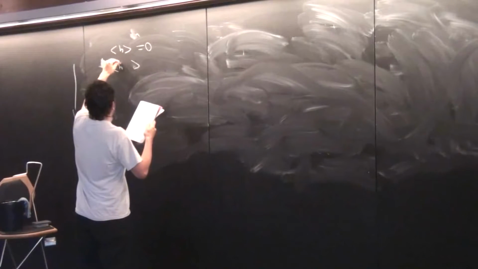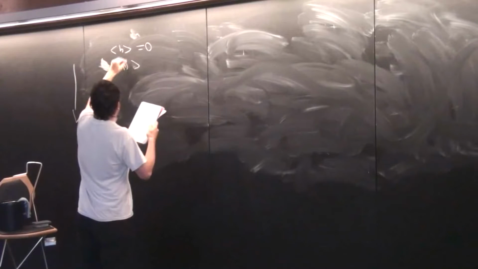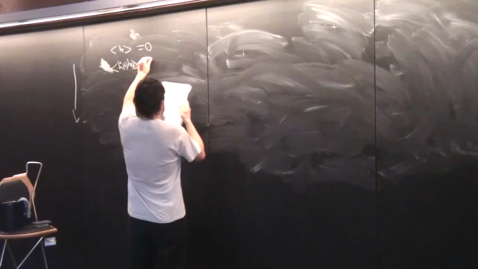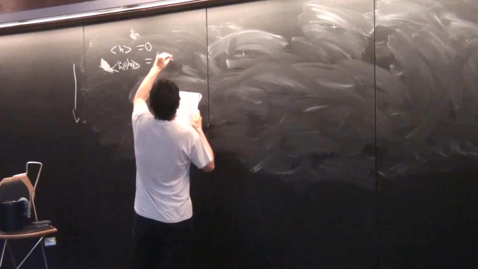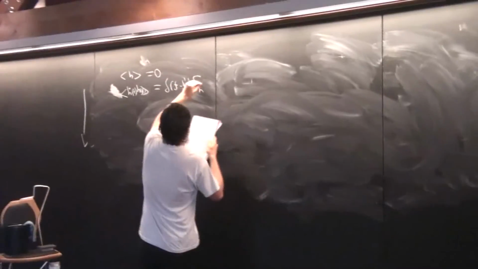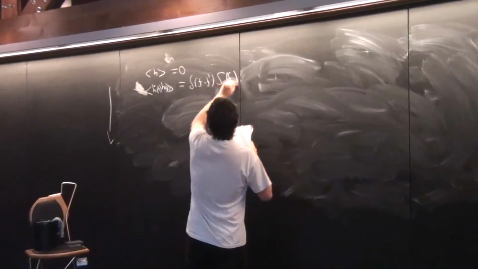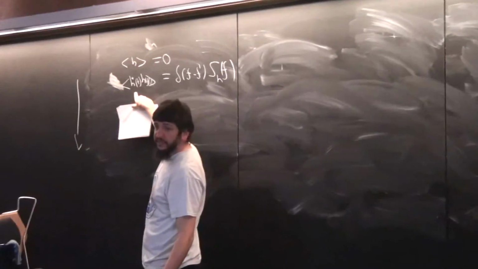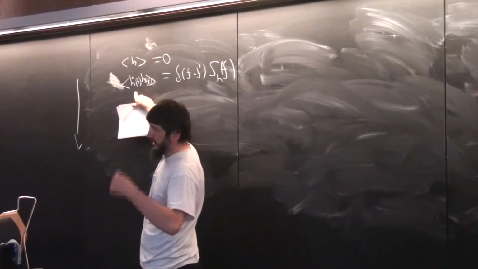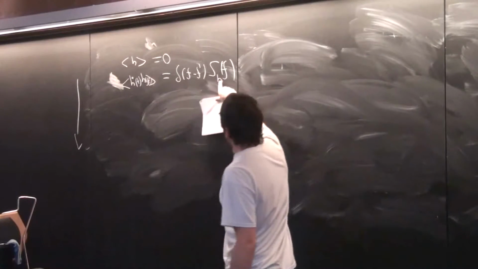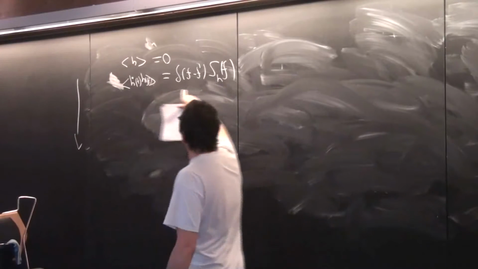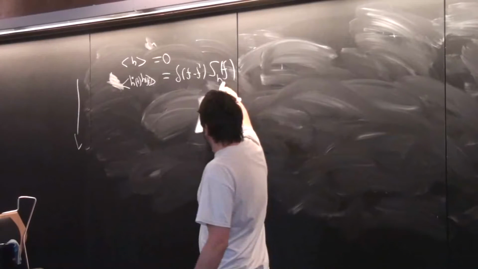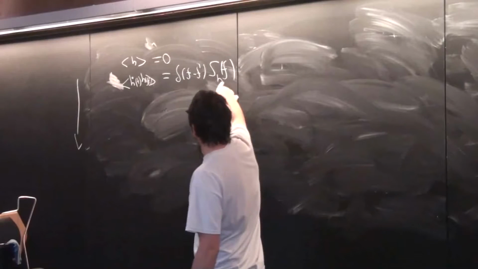However, the variance of this thing, let's say H star of f, H of f prime, is basically equal to delta of f minus f prime times S_H of f. So what you can measure is the variance. And if this is a Gaussian stochastic background, basically all the information is given by the power spectral density of your signal. And for a stochastic gravitational wave background, this S_H of f